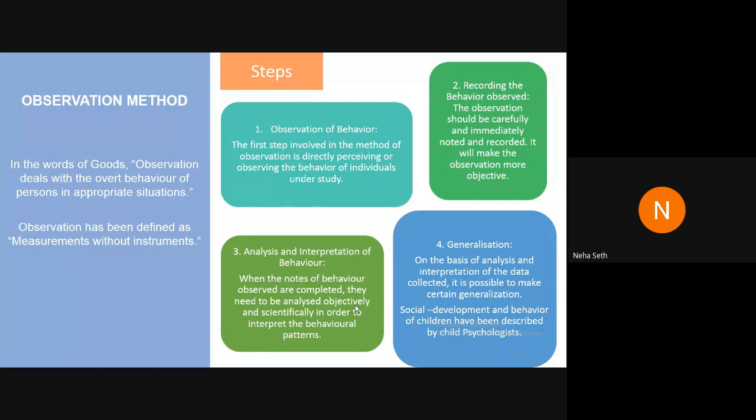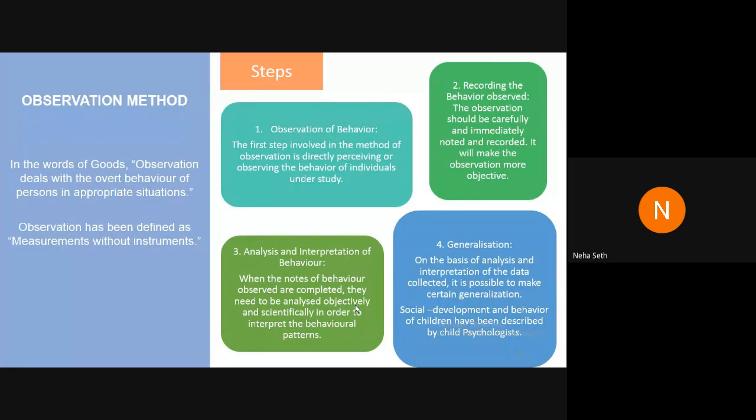It may be biased because at times what we are observing, we are looking at that particular situation from our own lens. But yes, as a teacher, we can also follow this method in improving our class. Now, there are 4 steps which we generally follow in the observation method. We first observe the behavior. We check how an individual student is behaving in a particular manner.